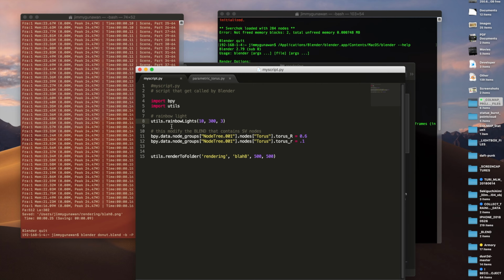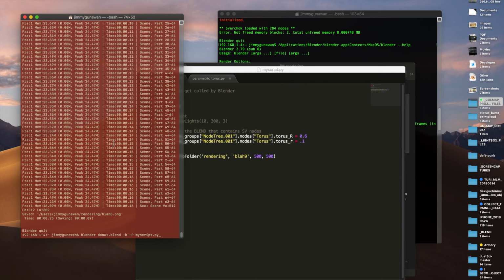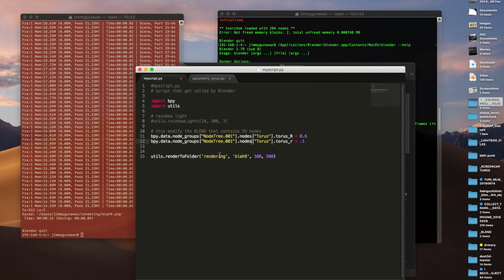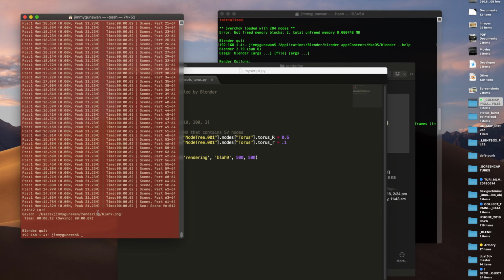If you don't know what I'm talking about, I'm gonna comment this out, so it's not gonna generate rainbow light. And for the render, I'm just gonna save it as blah 9. So let me do that again. Run the same command. It's gonna run a different script, and the output is gonna be blah9.png,